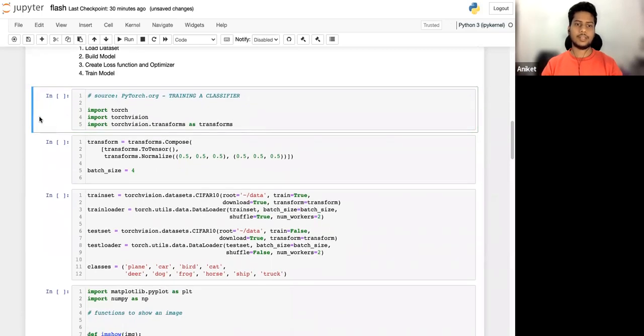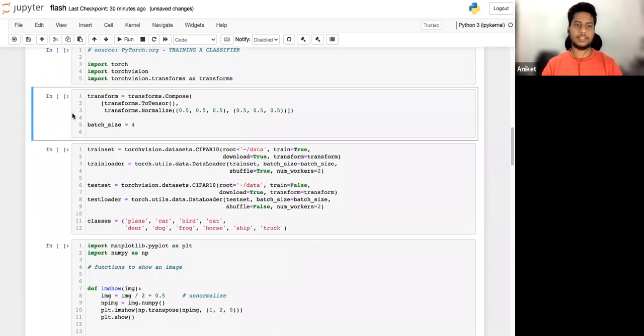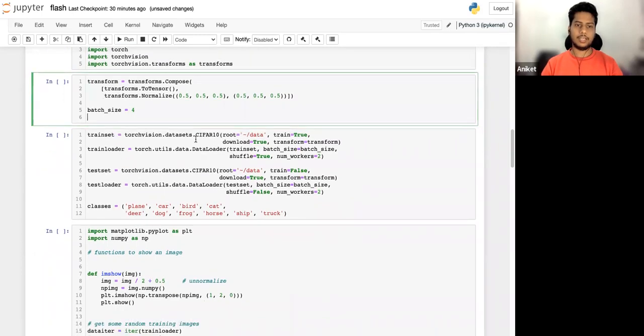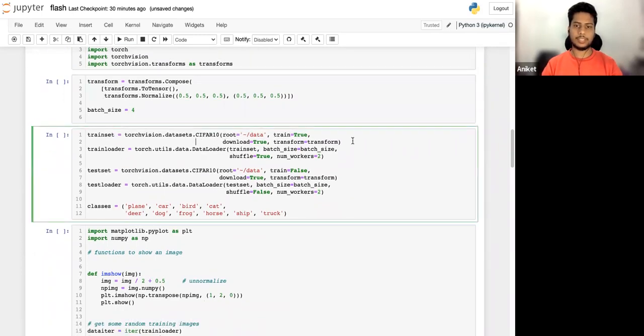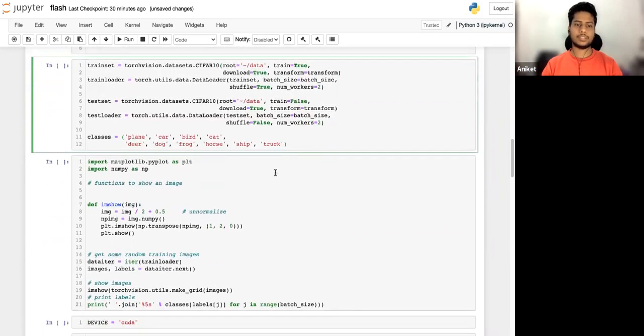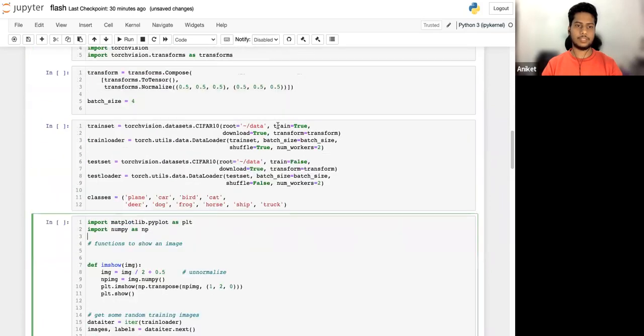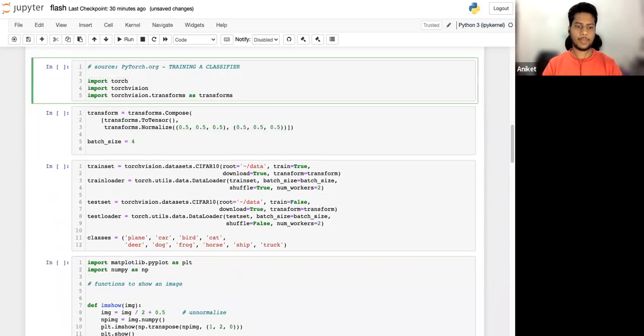Here you can see I have imported torchvision and then created the transforms. Then I have loaded my CIFAR10 dataset. After loading the CIFAR10 dataset, I have done some visualizations. Let me show you.